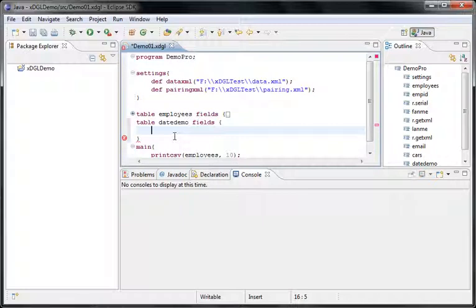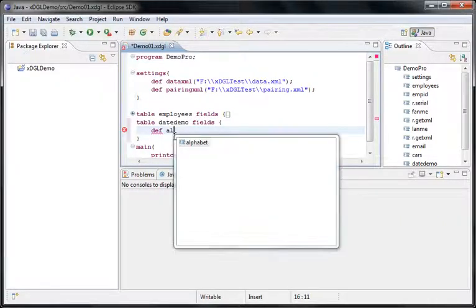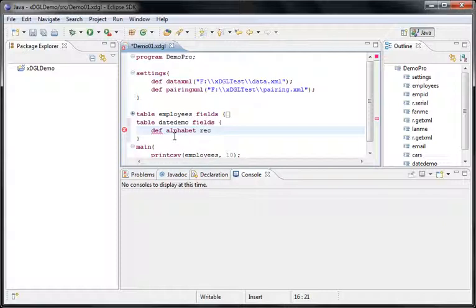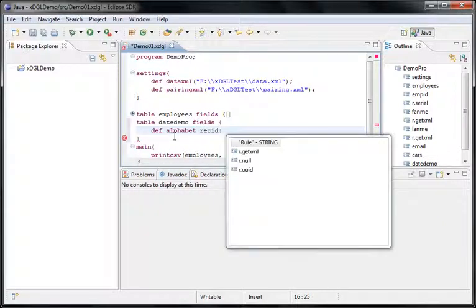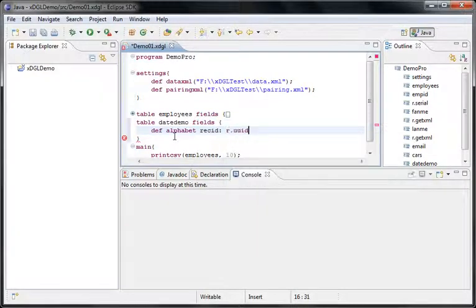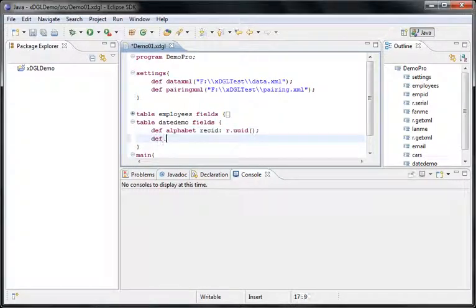So I have the first field called rec ID, which is the record ID, and it's of type alphabet. I'll call it rec ID, and the rule is going to be the universal unique identifier. It's a function that generates a unique universal identifier, or GUID. And I'm going to define a date time field called date1, and it's going to be between two dates,